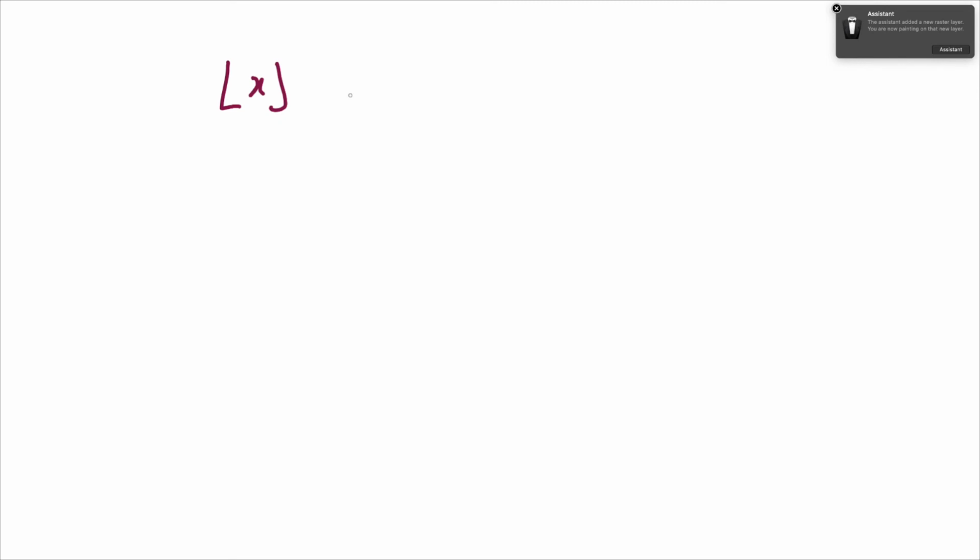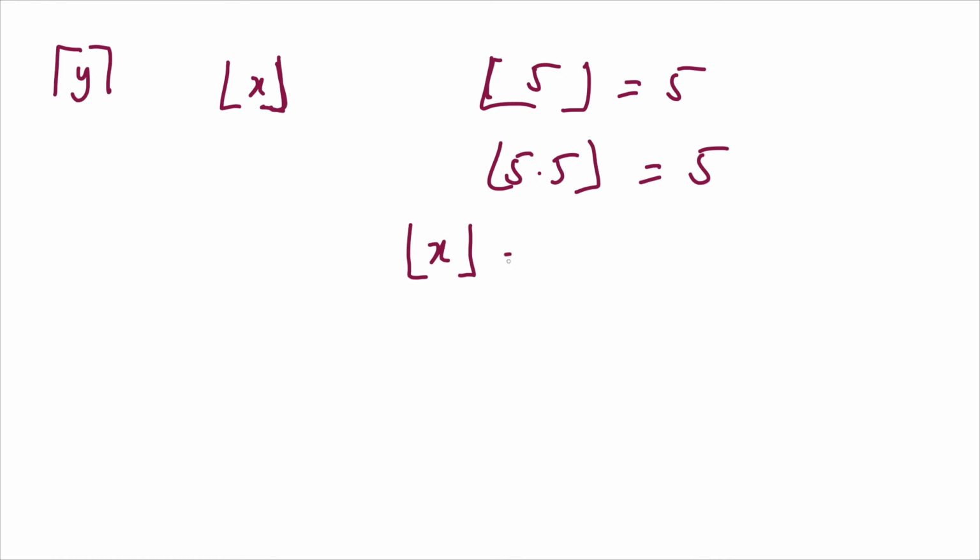That's the floor function. So if I've got it like that, the ceiling function is the one that goes over like that. So that's the ceiling function. The floor function of, say, 5 is 5. It's the greatest integer up to and including that number. So 5.5 is 5. So if I've got x, the floor function is